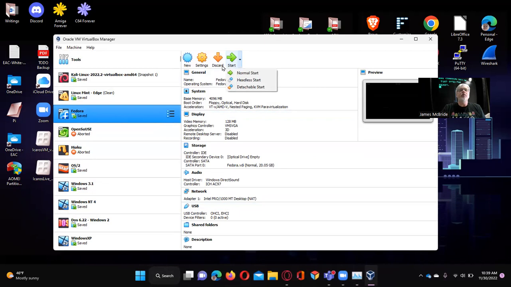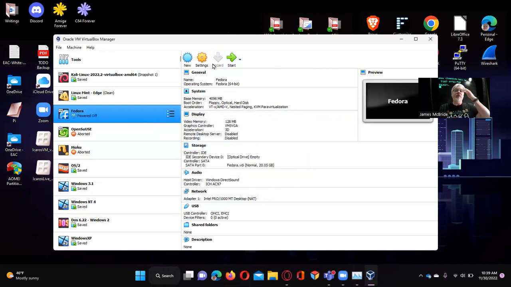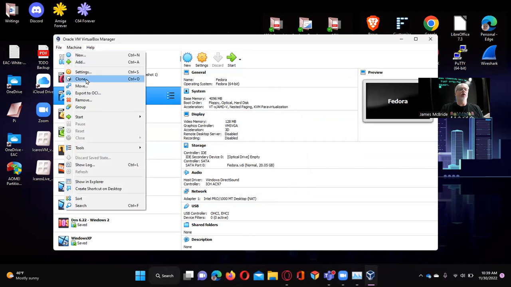Let's once again show you how to take a snapshot. So I'm going to go ahead and discard that state. That's what that does. It was saved, and I just told it, forget it. I don't need that saved. And the reason why is because I want to come up to the machine here and I want to say,